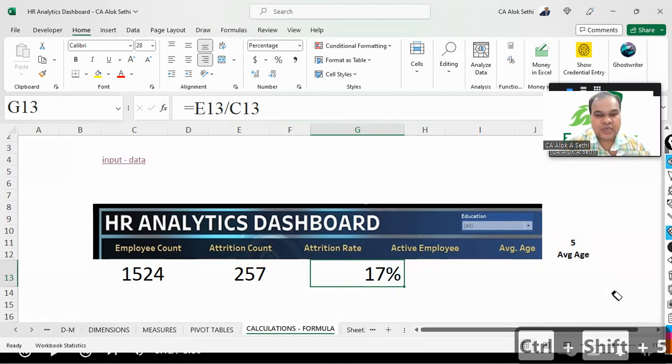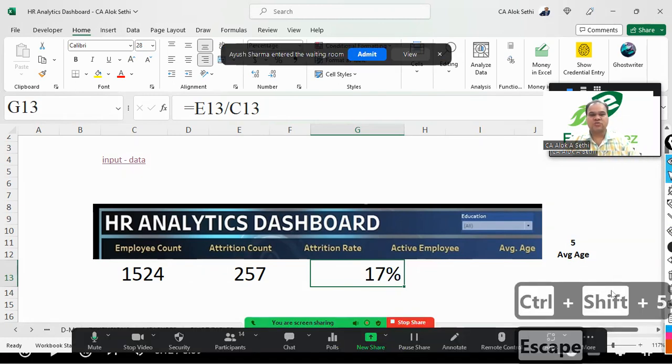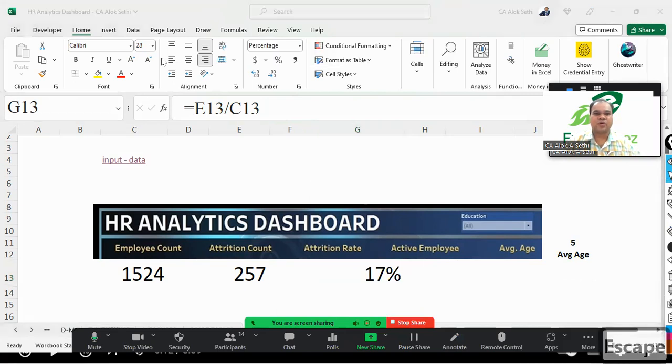ठीक है, चलिए, ये एक्स्ट्रा ज्ञान था जिसकी जरूरत नहीं थी, बट क्योंकि मेरी आदत हो गई है अब एक्स्ट्रा